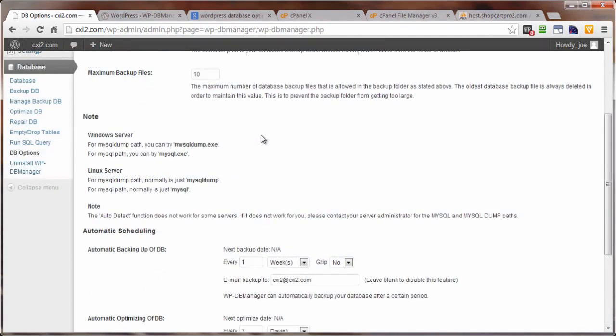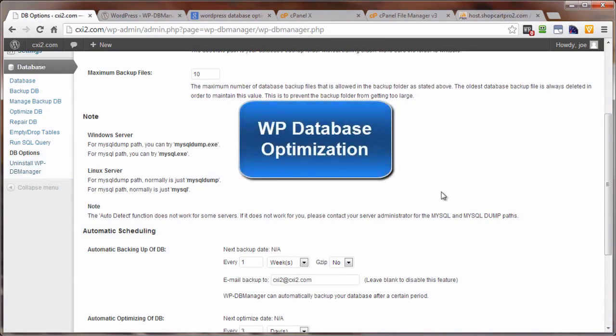And if you find just absolutely no use for this particular plugin any longer, then you've got that option right here to uninstall it. And that brings us to the end of this video on optimizing your database and your WordPress site, both manually outside of WordPress and automatically and manually